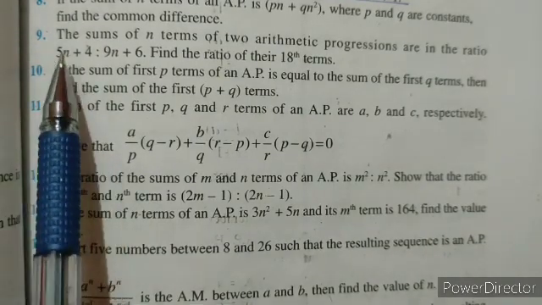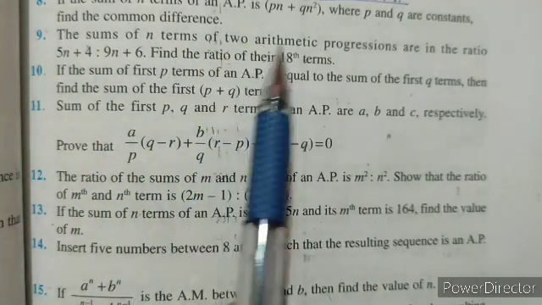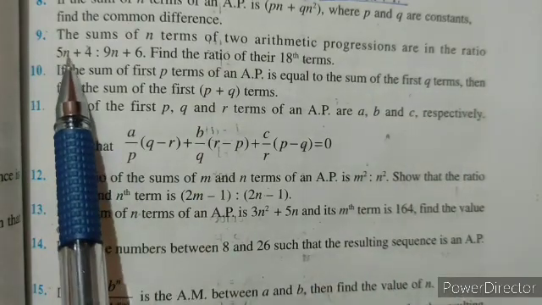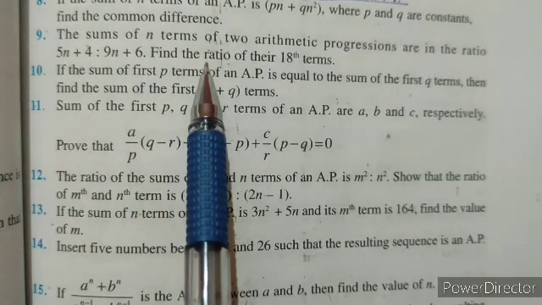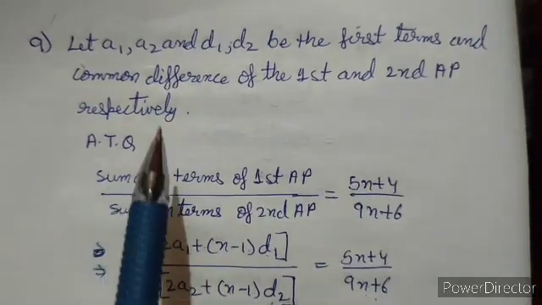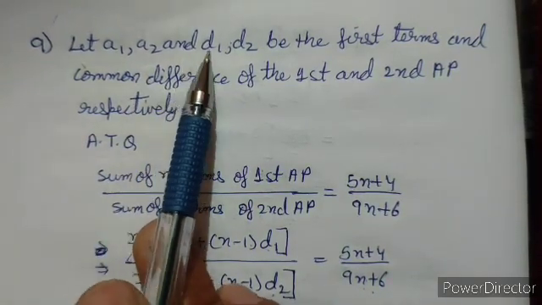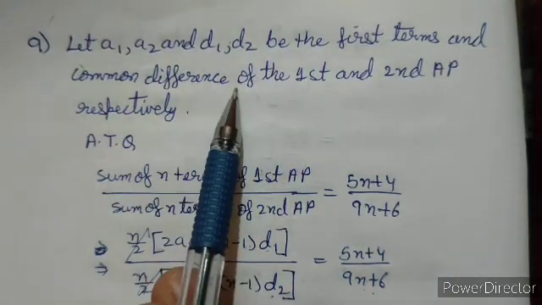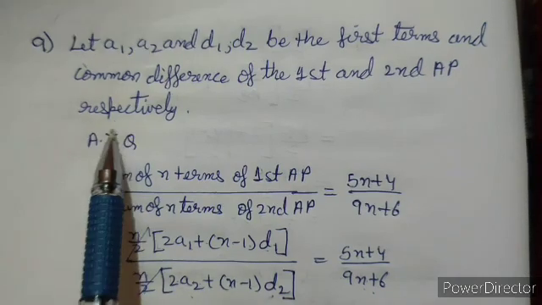Now in question number 9, we have the sum of the n terms of two arithmetic progressions in the ratio 5n plus 4 is to 9n plus 6. We have to find out the ratio of their 18th terms. Let a1 and a2 and d1 and d2 be the first terms and the common differences of the first and the second AP respectively. Then